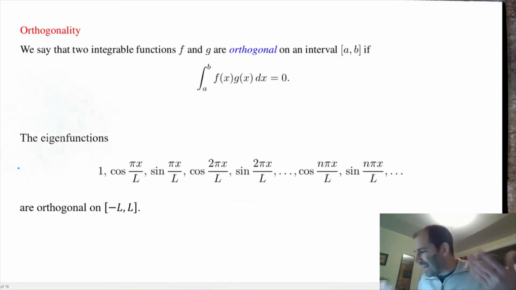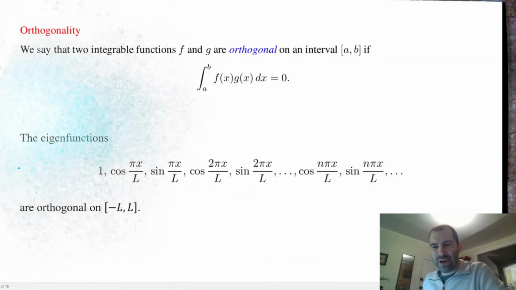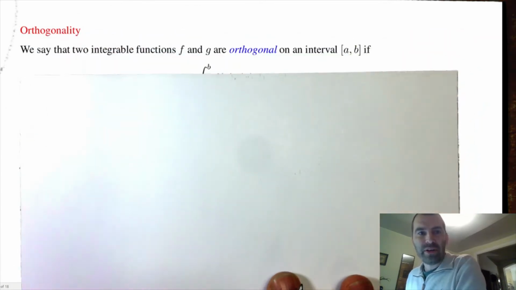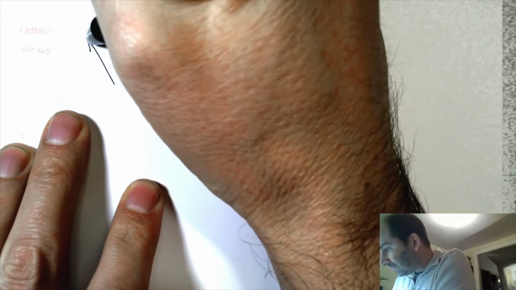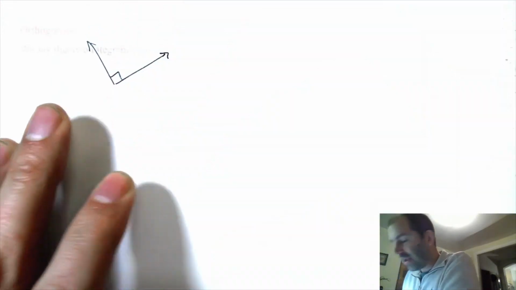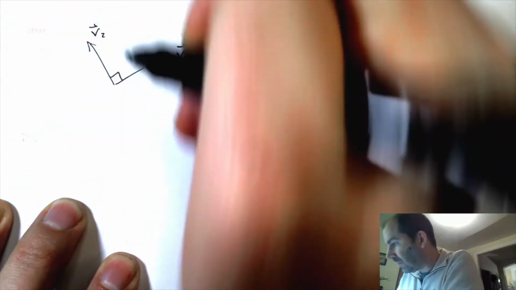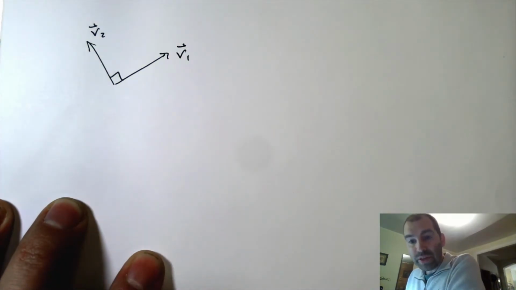Now, what is this idea of orthogonality that we're talking about? I mean, how can functions be orthogonal? Well, we know what it means for vectors to be orthogonal, right? Let me zoom this in just a little bit. We know that two vectors are orthogonal if they are at right angles to each other. Right, so if I have vectors v1 and v2, for them to be orthogonal,